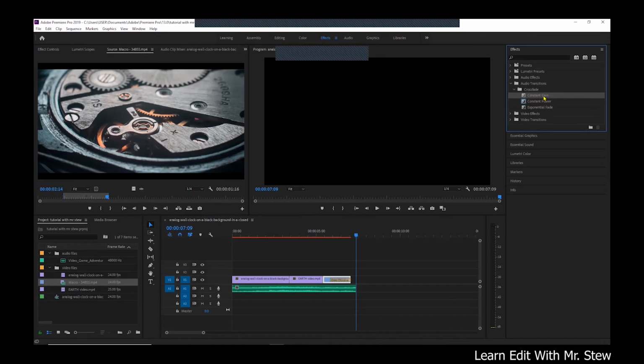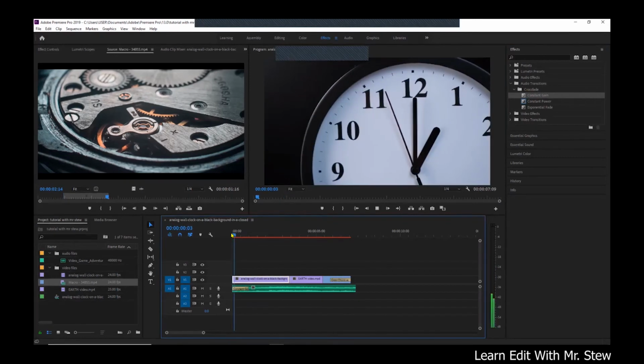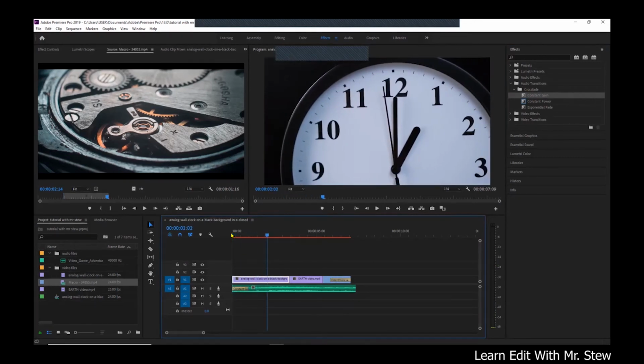the constant gain audio transition to the beginning of that audio, so that there is this build up of the sound, you get. So let's check what the effect is like here. You see, so that is beautiful. So I can now,